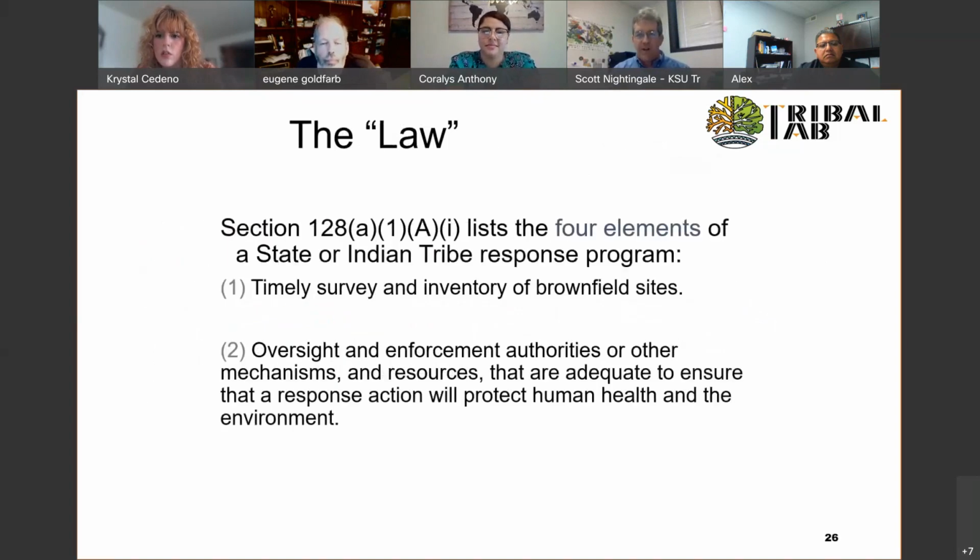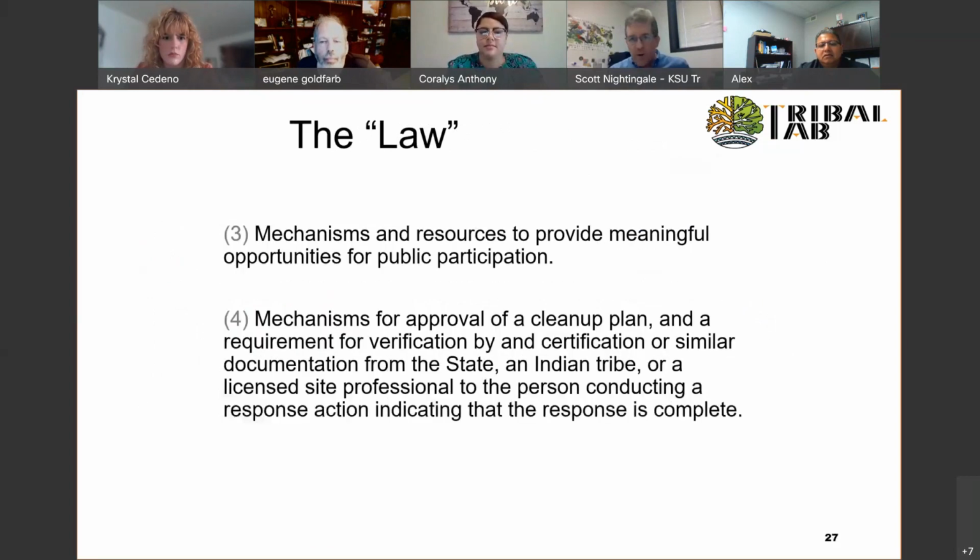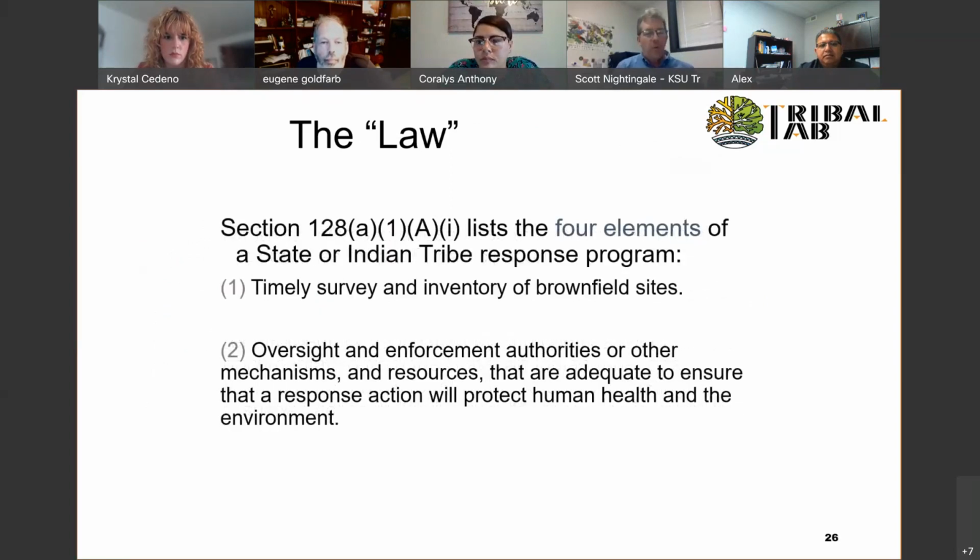We get back to the 4 elements for tribes that have a TRP, and I want you to think about how these can apply to your housing. One of the requirements for the TRP is that they have an inventory of the brownfield sites. We actually have a community in Oklahoma. They're keeping an inventory of not just their brownfield sites, which might be contaminated.